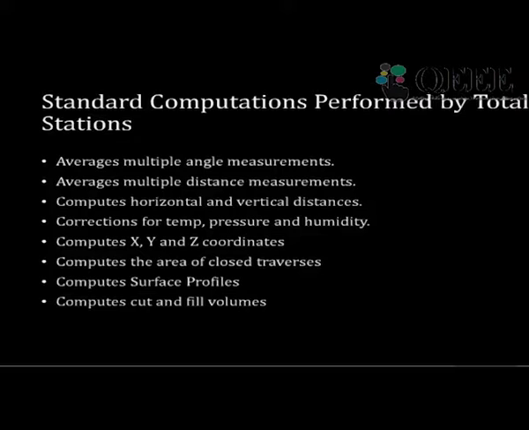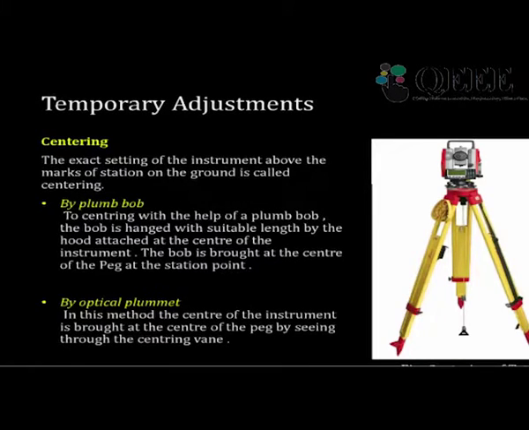Simply if you switch on the traverse mode, you can keep on taking the backsight, foresight and whatever other measurements, and then if you come back to the last station and say that it is a closed traverse, it will come back and check, and it will give you the closed traverse area. You can calculate the area of such a traverse very easily. Then you can compute the surface profiles of a road surface and then compute the cut and fill volumes. You don't need to do any calculations. Depending upon the measurement, the total station will automatically give you the cut and fill volumes with the help of post-processing software. So these are some of the functions.